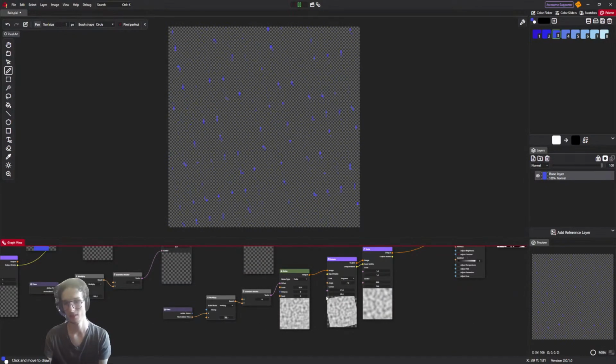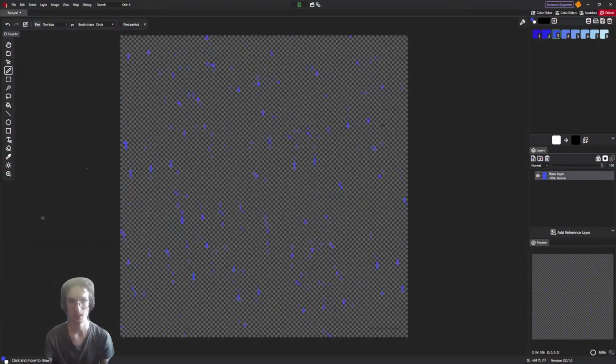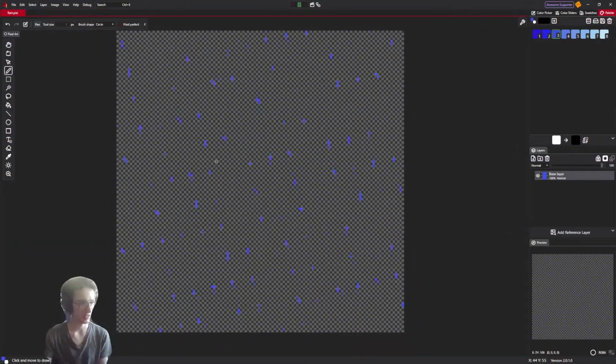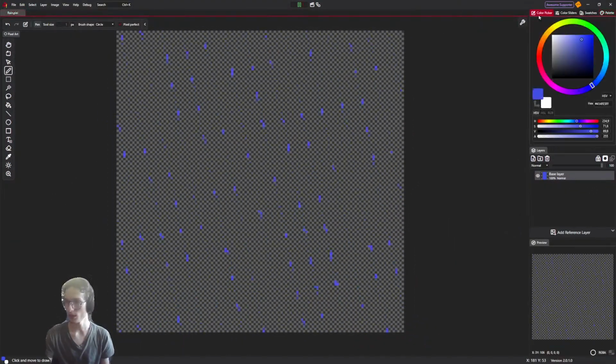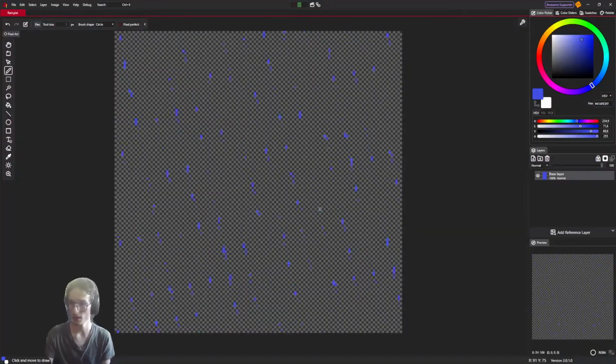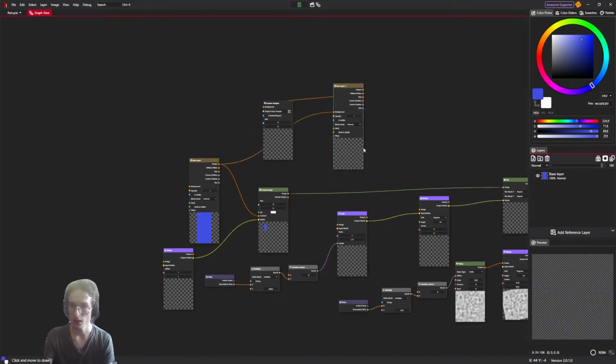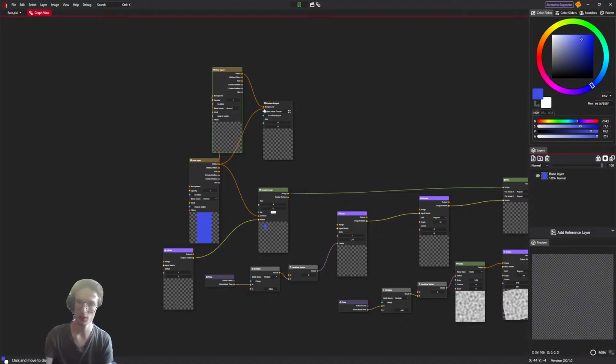Okay, yeah, this is good. I'm gonna save this. And maybe now, if we have nice rain, let's create some background, just to see. Yeah, it's not gonna be very simple to add just like that.